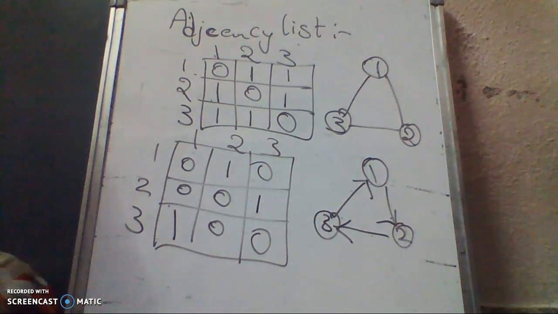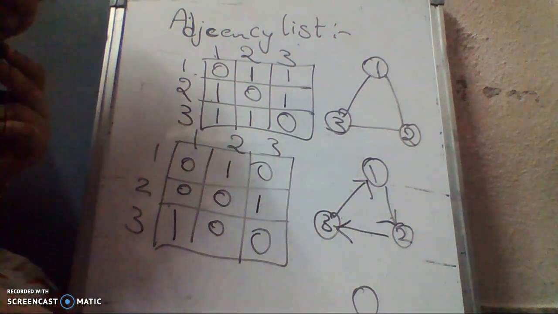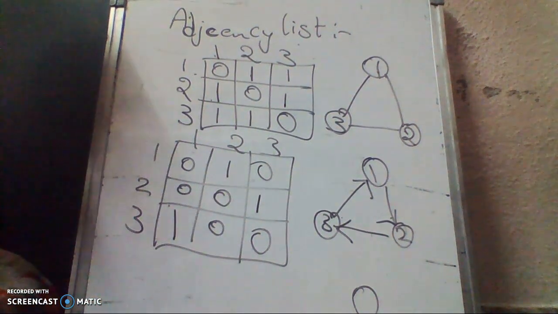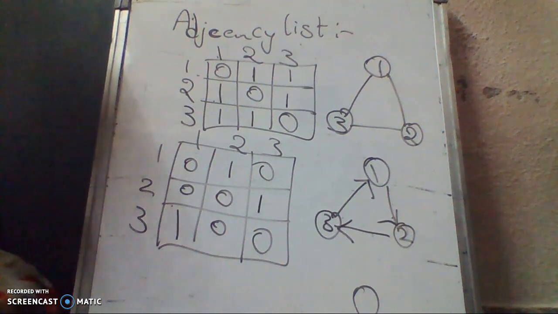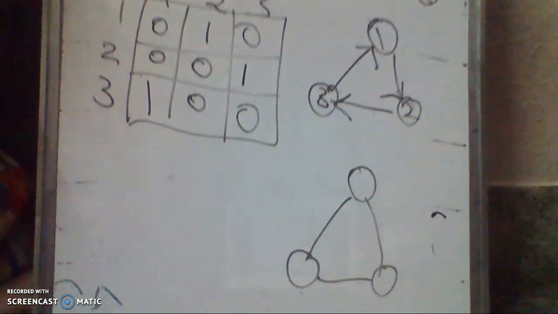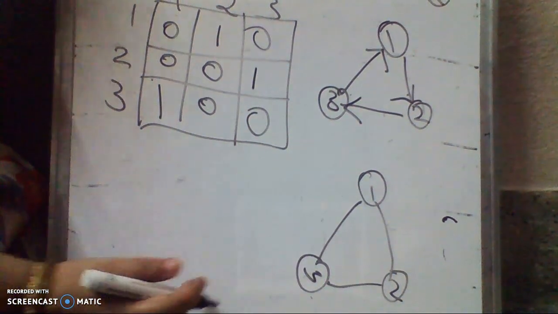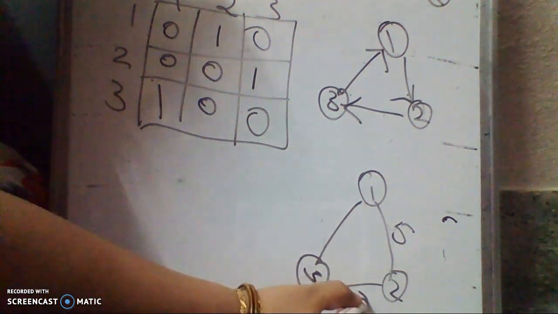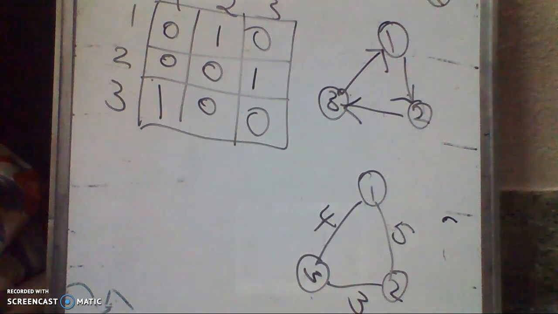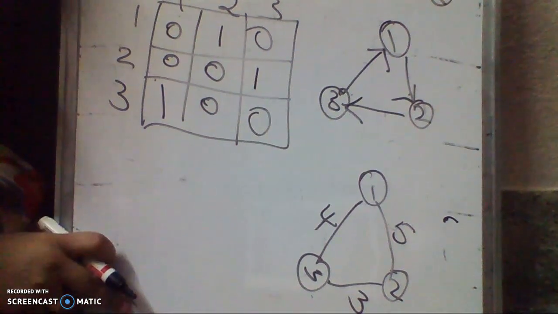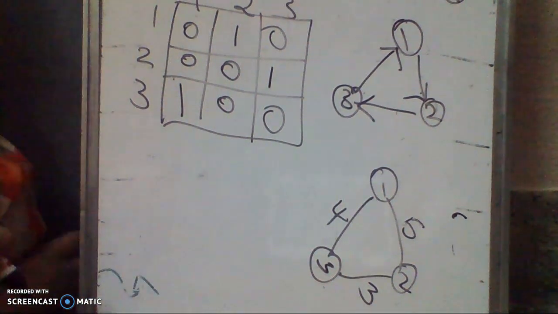These directed and undirected graphs are non-weighted graphs, so we make the values 0 or 1. Say the graph is a weighted graph. Weighted graphs are generally used for distance representation. If the graph is a directed weighted graph, we can draw it like this, with 1, 2, 3 as the vertices, and we also write the edge values 5, 3, 4. So the 1 to 2 edge weight is 5, the 2 to 3 edge weight is 3, and the 3 to 1 edge weight is 4.